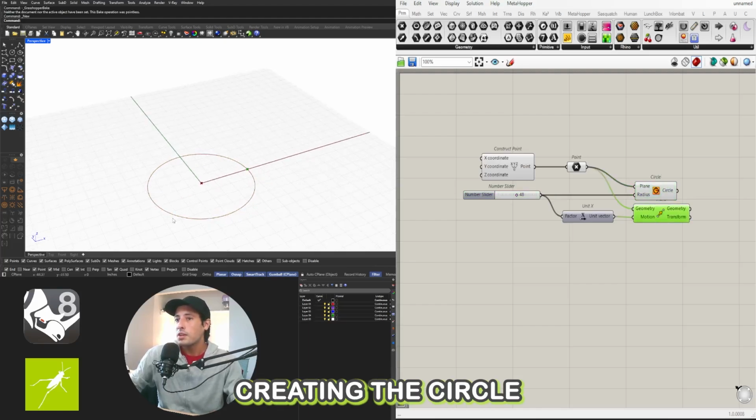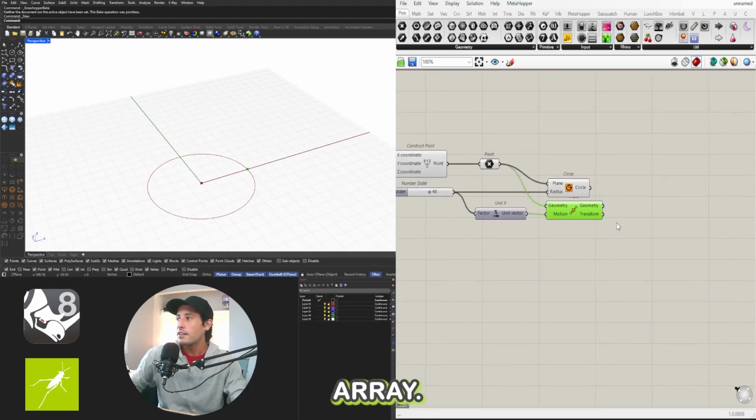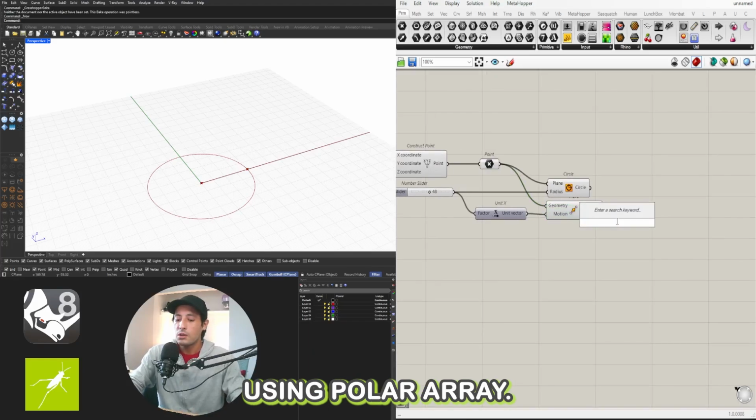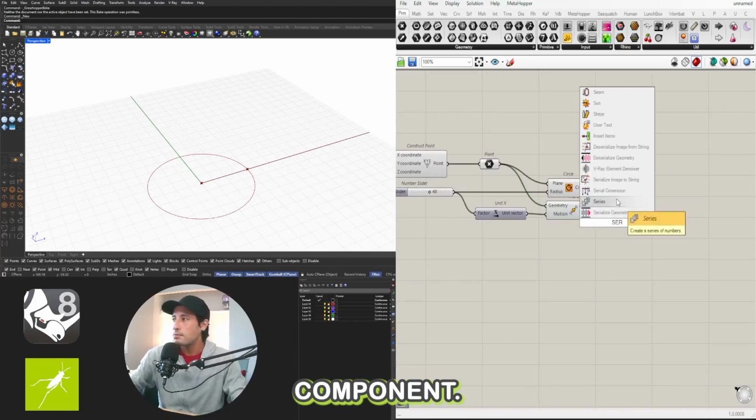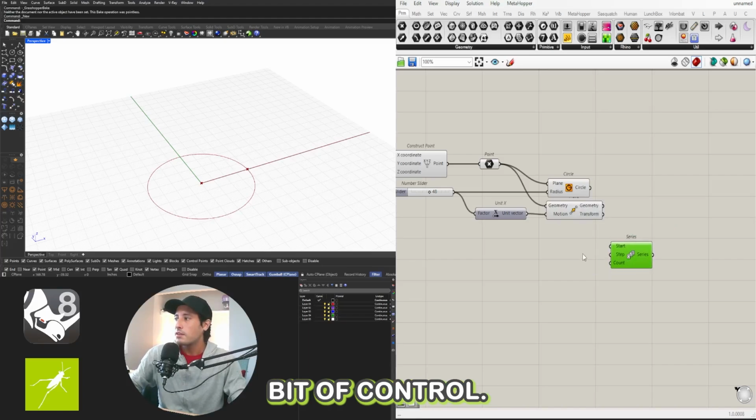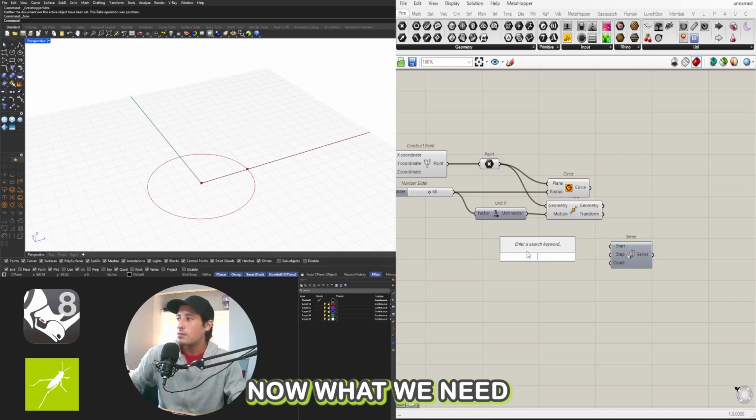Now we're going to be creating the circle array. We can do that using polar array, but I like to use the series component. This way we have a little bit of control and we can learn how to use this for other designs. Now, what we need to do is